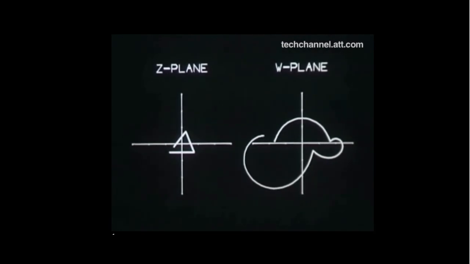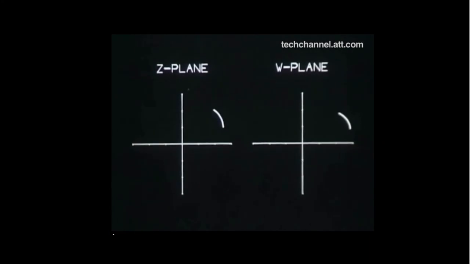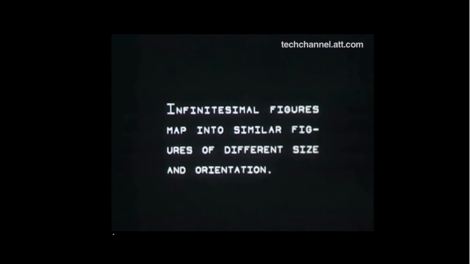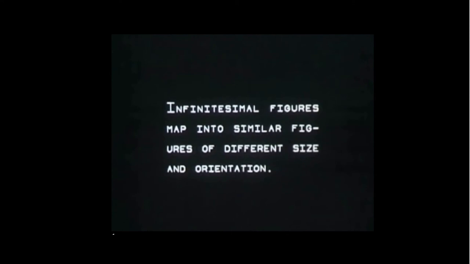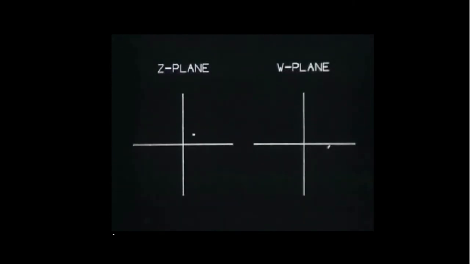The usual triangle becomes a very weird kind of shape in the zeta plane, and you can see this is an offset circle of the unit radius, and it creates an entwined shape on the zeta plane. If we take infinitesimal figures where we assume the differences in z to be very small, then we'll get almost similar figures in the zeta plane, but they are slightly distorted, in the sense they are oriented at a different angle and they are scaled differently. You can see it is slightly larger and it is tilted.